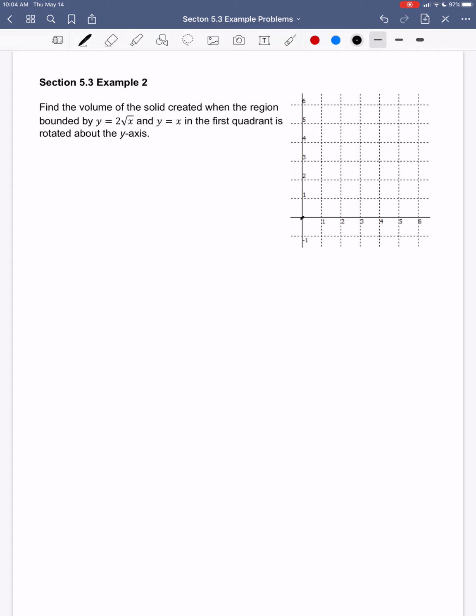It goes through 0, 0, 1, 1, 2, 2, 3, 3, 4, 4, and so on. So we've got that line y equals x. Now y equals 2 square root of x. Well, we can pretty easily plot some points. If I plug 0 in for x, the square root of 0 is 0. If I plug 1 in for x, the square root of 1 is 1, so 2 times 1 would be 2